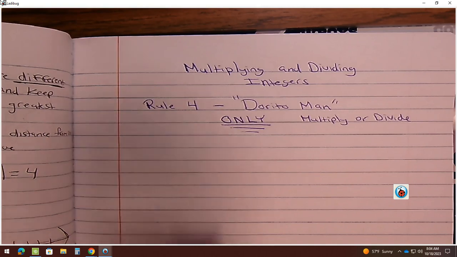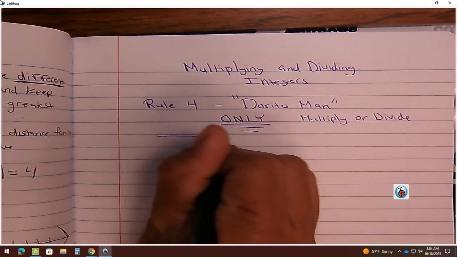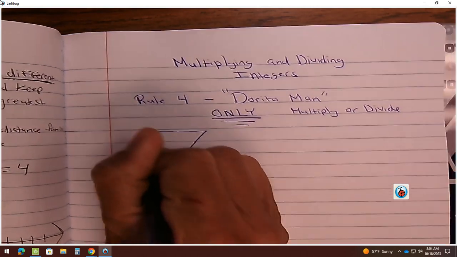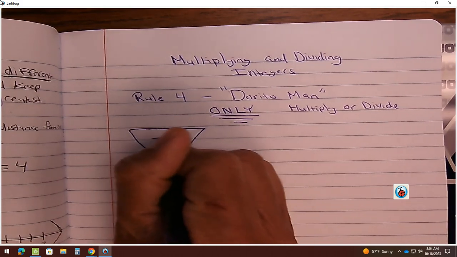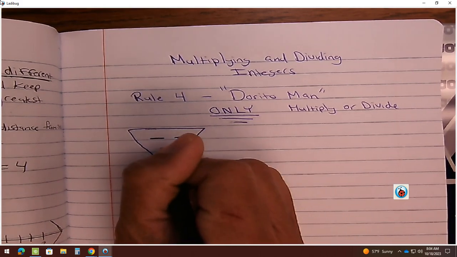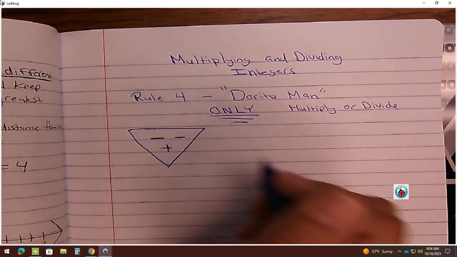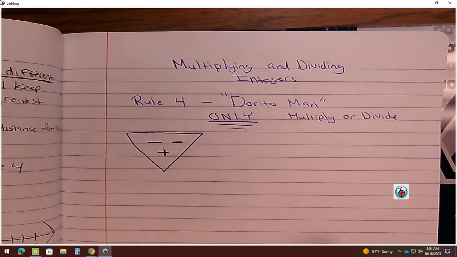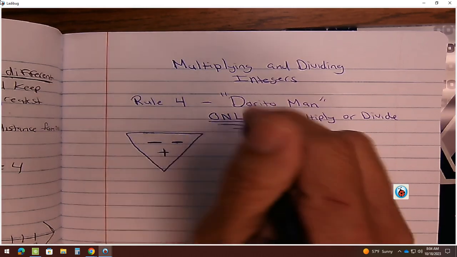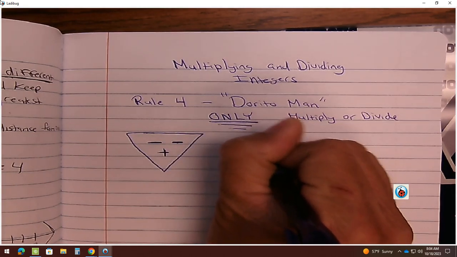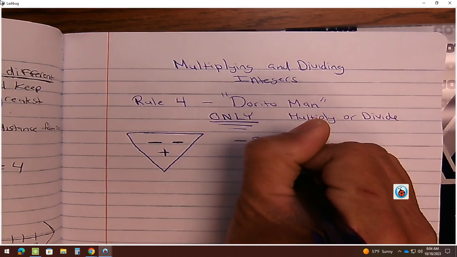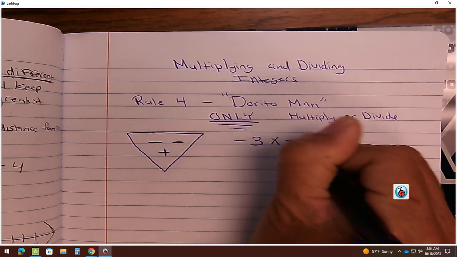So what we do with the Dorito man, we basically draw a triangle that looks like a Dorito chip, like this. And we draw two negatives, and the little nose can be positive. And here's how it works. If I have -3 times -2,